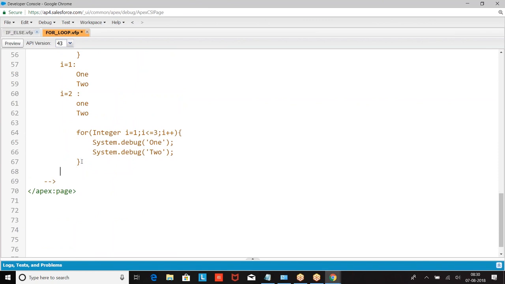Then what am I going to get? When I equal to 1, 1. I equal to 2, again 1. I equal to 3, 1.